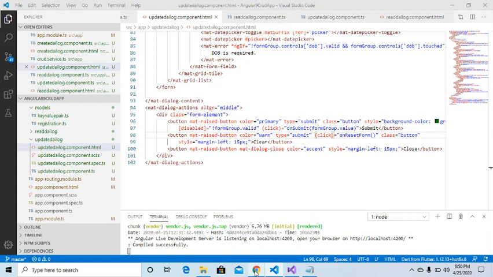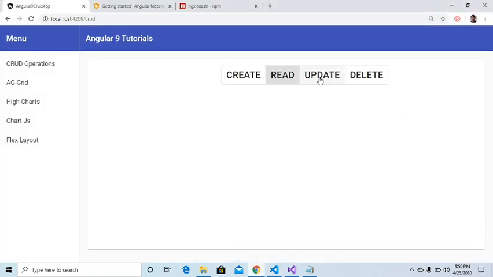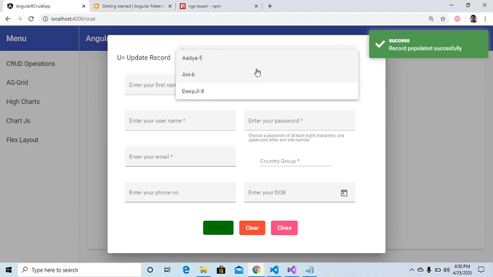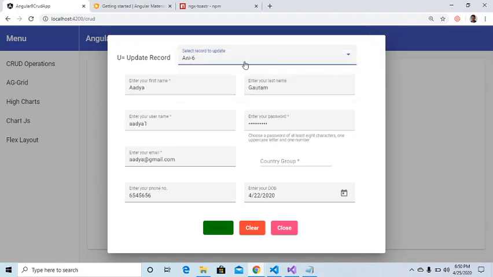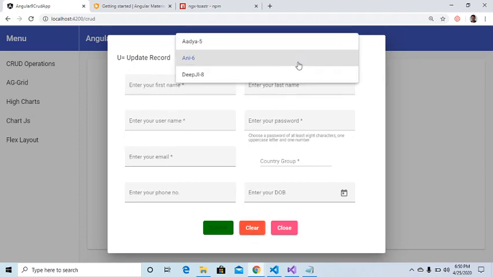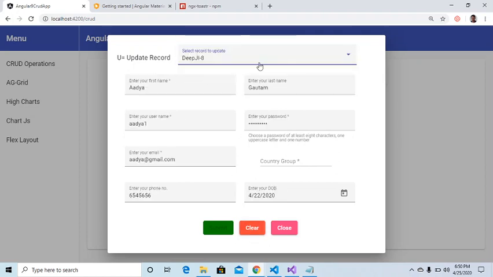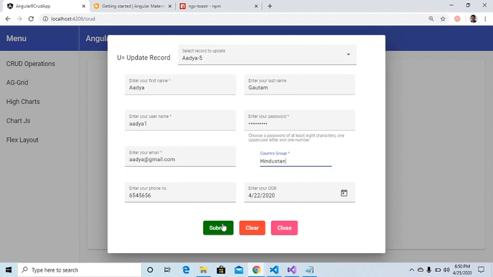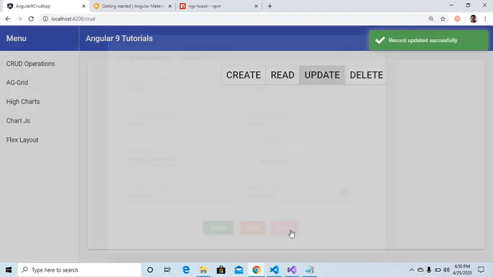Let me show you the update form as well, and click over here. Yeah, this one is the update form. Let's say I wanted to select any code. No, this one is not selecting. This one is taking the previous value. All right. Let's say Arya. Okay, I want to update this one. Somehow its value is not getting mapped again. No problem on that, and we'll select this one, and this will be updated, and I will hit the update button. Record is updated successfully.